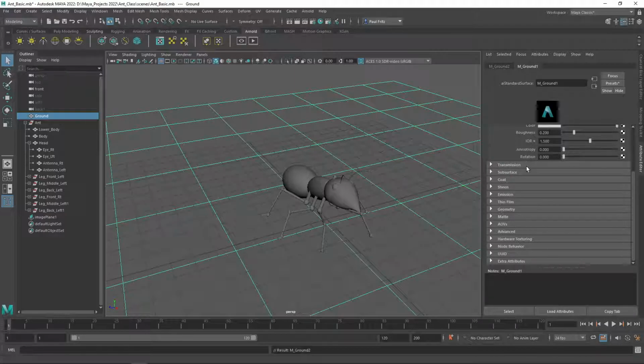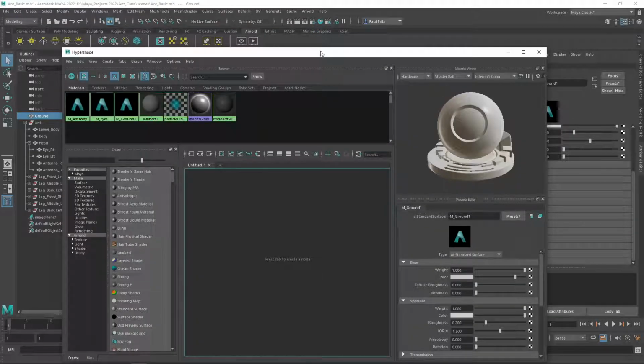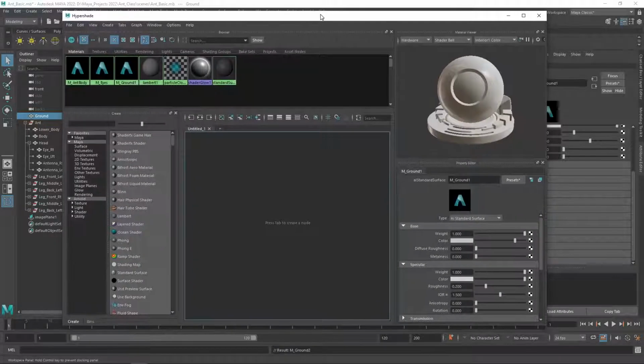So all the attributes for this material are here, and we can adjust them here just the same, and it's kind of quicker and easier. But I want to show you the hypershade. So I'm going to click on the hypershade, and with the hypershade selected, we have access to all of our